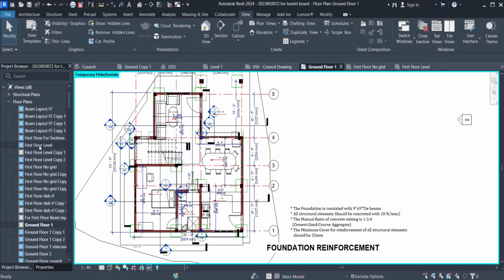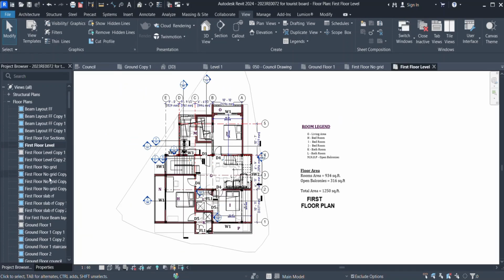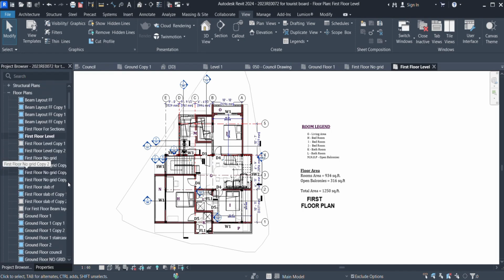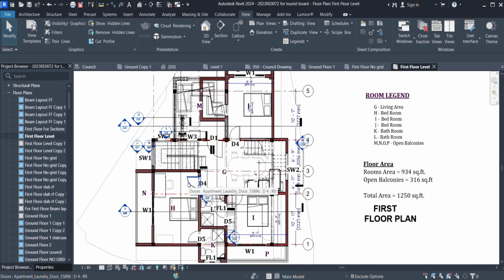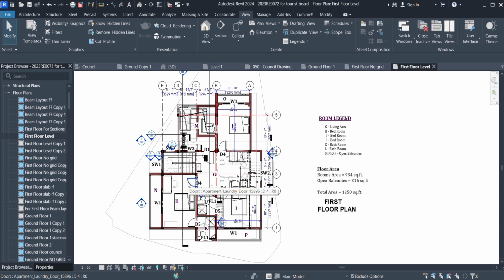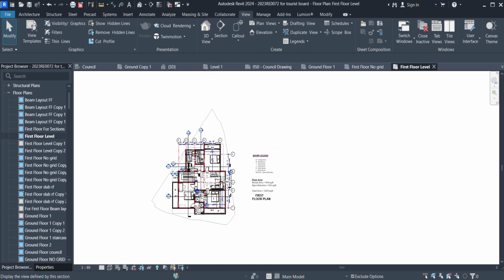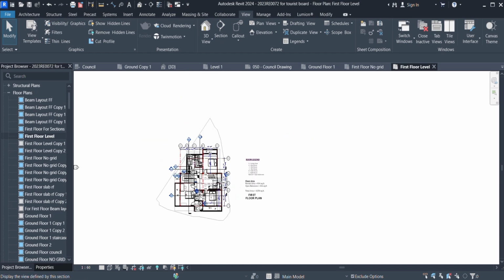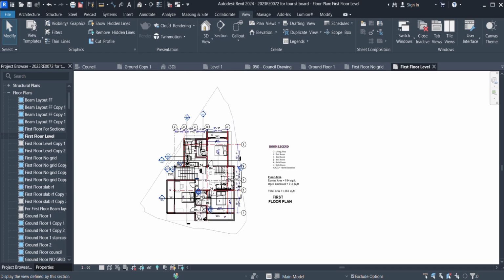This video is about how to crop the view in Revit. For that, I select this level. This is the floor plan of the first floor here. If you need to crop the view, it means you can add a limit or margin for the view